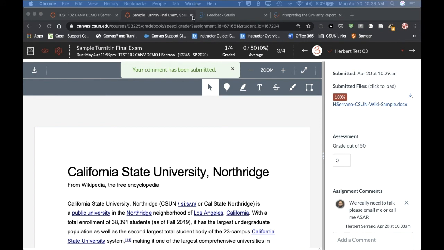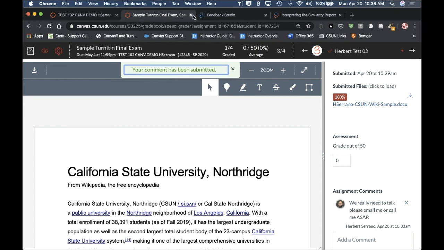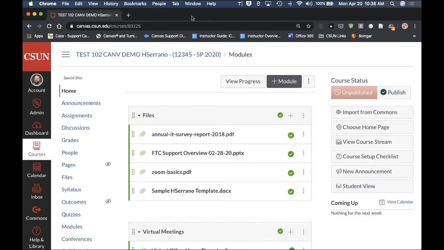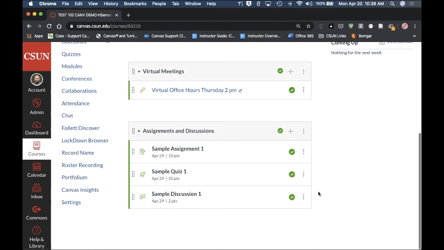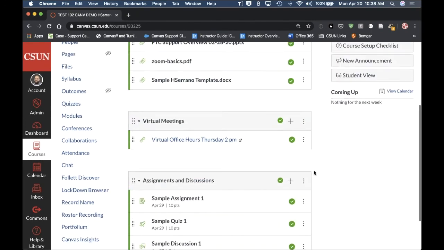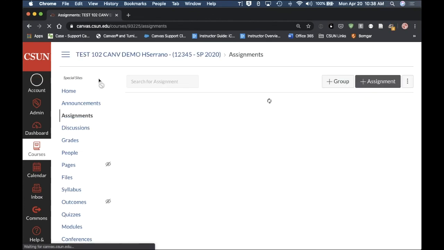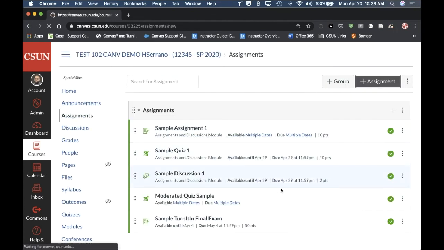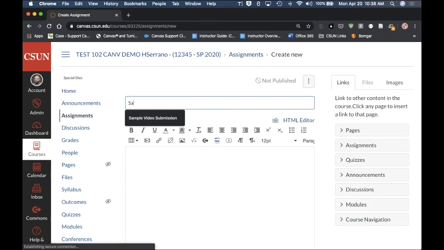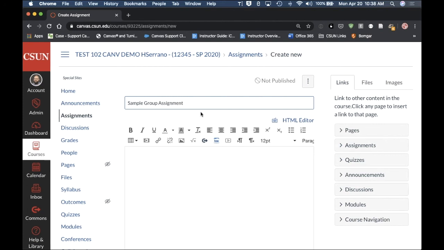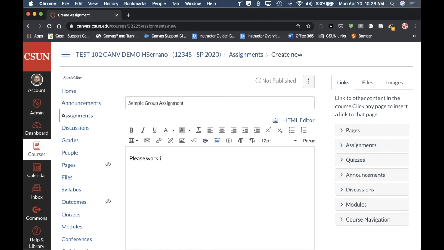So now let me close all of these other windows. Group assignments are much easier and much nicer than the Turnitin stuff, because that could get kind of weird. So now I'm going to click on assignments, and I'm going to create a new group assignment here. I'm going to call this sample group assignment. Please work in groups for this project. I will create the groups